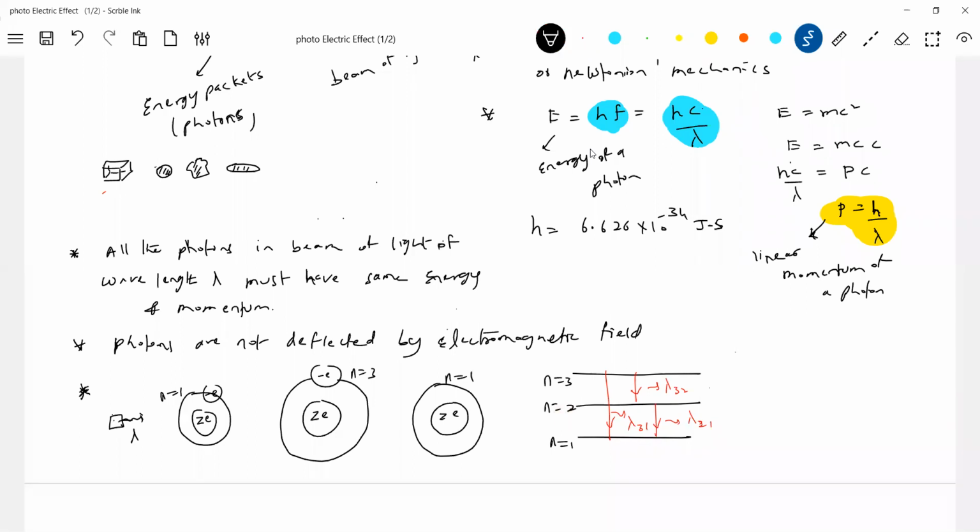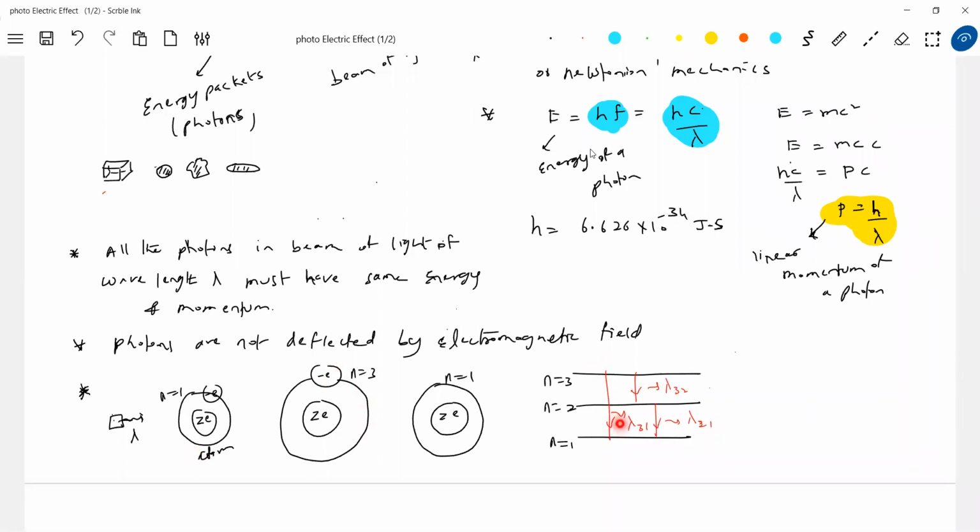So now you see that if this atom, which is in the ground state, absorbs the incident photon, and gets excited to a higher state, let it be the second excited state, which we'll call n equal to 3, then it will de-excite. In de-excitation, it may directly move from n equal to 3 to 1. In that case, it will emit only one photon. In another situation, it may happen like this: first from n equal to 3 to 2, then 2 to 1. How many photons will be generated when it changes state from n equal to 3 to 2 to 1, and how many when it changes directly from 3 to 1?